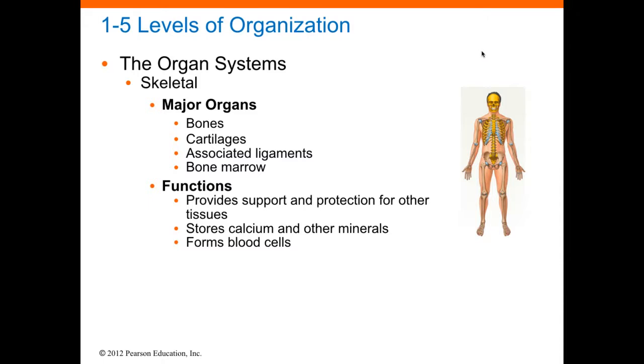Those 24 freely movable vertebrae protect the spinal cord. So the CNS, the central neural system, the brain and spinal cord, is completely protected by the skeletal system. The bones store calcium and other minerals, so it's like a mineral reservoir, like a bank that stores things, and it's involved in the formation of blood cells. It forms red blood cells and white blood cells. Red blood cells are called erythrocytes, and white blood cells are called